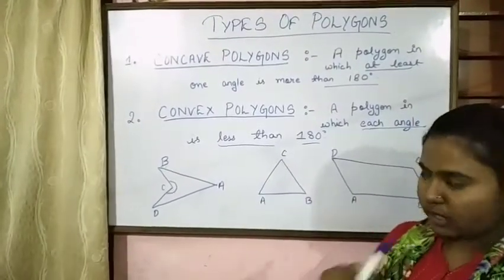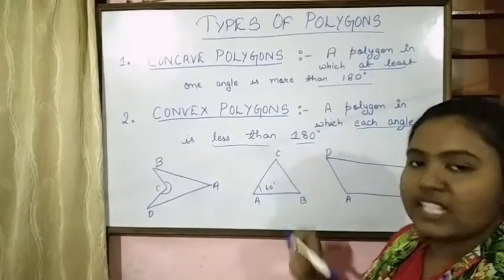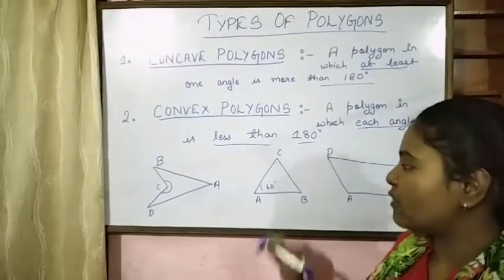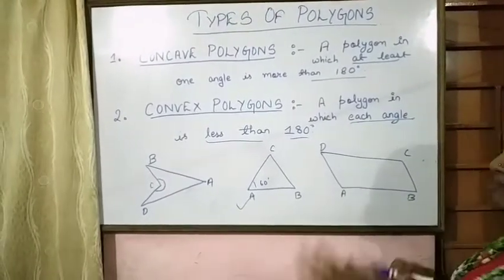For example, this polygon, it is an equilateral triangle. Each angle is 60 degree. So each angle is less than 180 degree. Therefore, it is a convex polygon. This also, you all know, it is